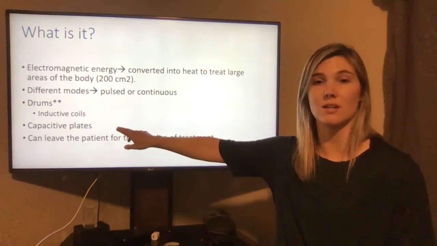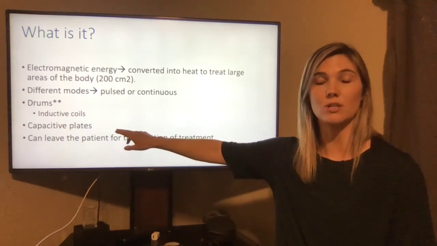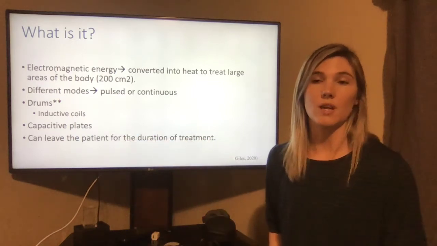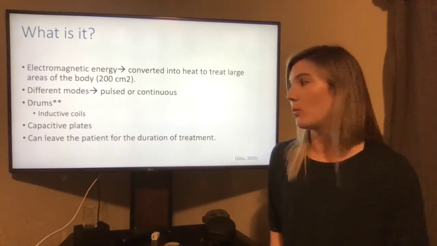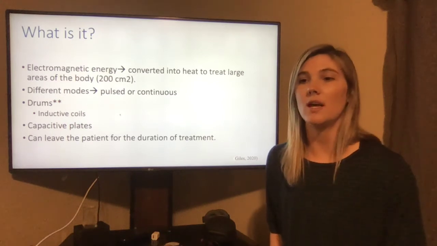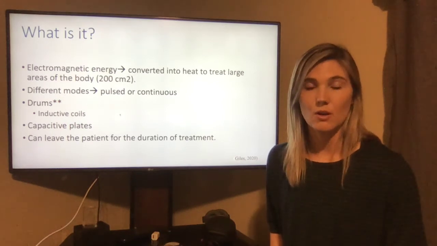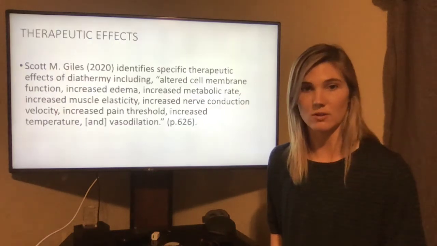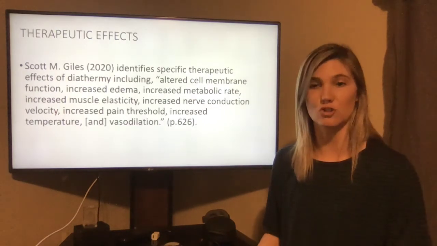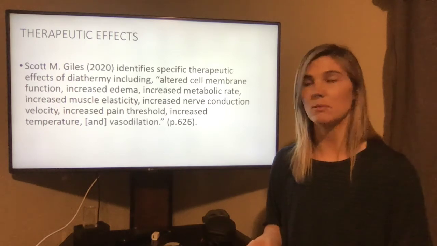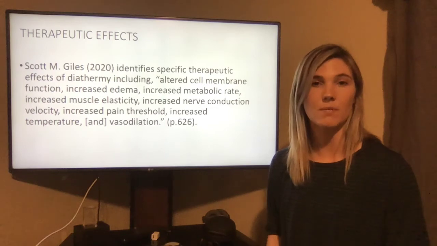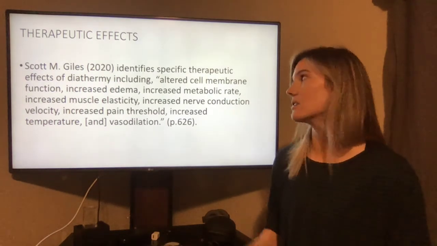Capacitive plates show that it's conducting more in adipose tissue and bone, which becomes a problem for someone who has a lot of adipose tissue when you're treating them, or if they have high water content. Once you set the patient up, you can leave them by themselves for the treatment. However, you will come back during the treatment and check for adverse effects. Be sure that they're not feeling anything they shouldn't be feeling. If it's on continuous, they may feel slight heat, but if it's on pulse, they shouldn't really be feeling anything. So the therapeutic effects for this are